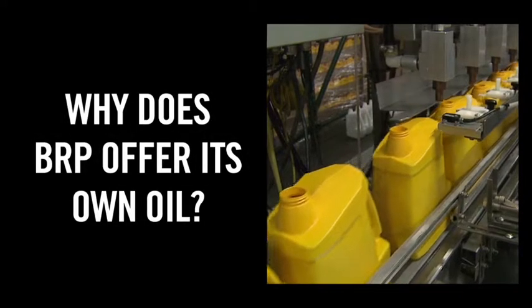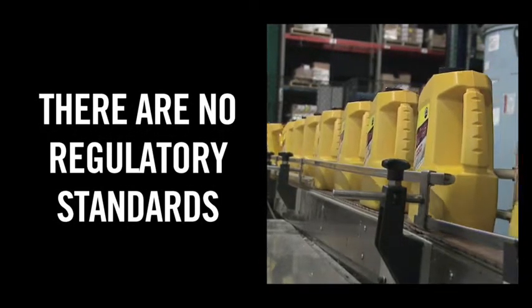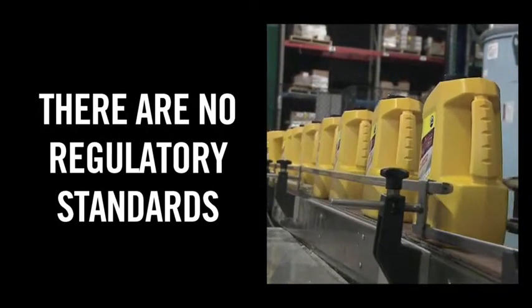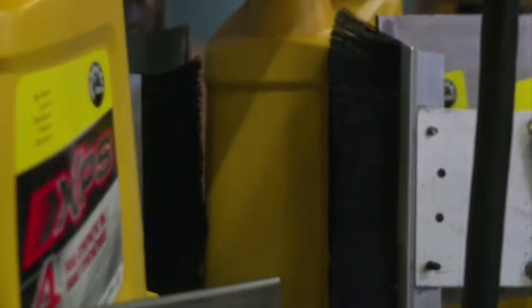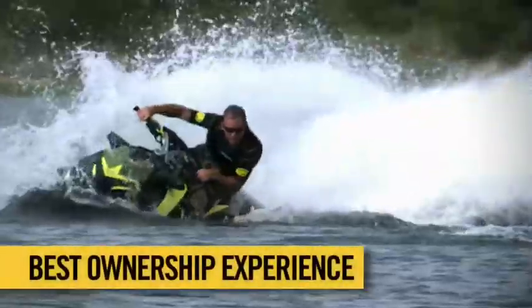While recreational vehicle manufacturers often set very high lubrication standards for their engines, the power sports vehicle industry does not have required certification standards or regulation. In the recreational market, there's no regulating body. So who's the regulating body? The OEM. They say, since nobody's going to help us set a base standard of performance in the marketplace, we're going to take it upon ourselves that if our engine needs this, we're going to put an oil out there that's here. Another reason BRP makes its own brand of oil is to ensure that customers have the best ownership